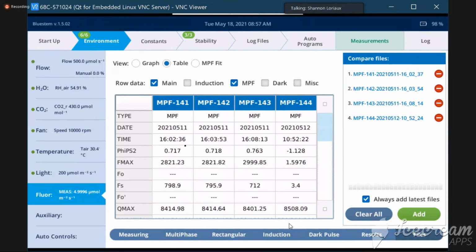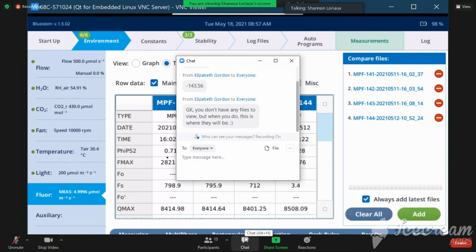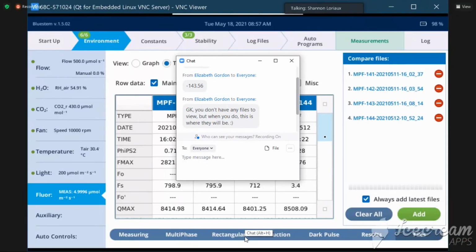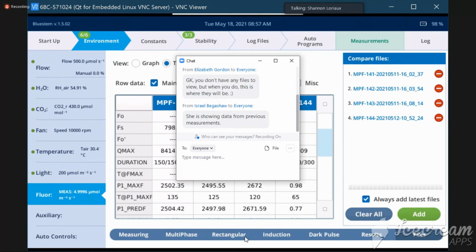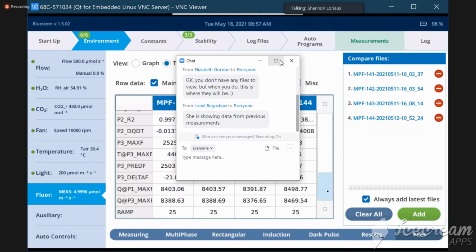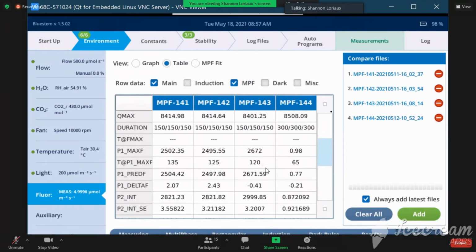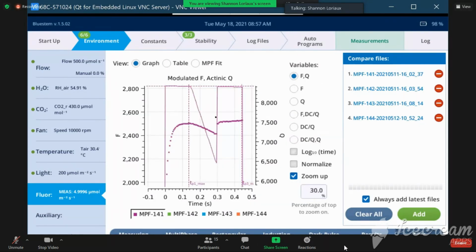So this leaf is operating with very high efficiency. It's using 72% of the light that it's absorbed in photosynthesis. So this leaf is actually a very happy leaf. So again, you can just see a nice snapshot of all of your parameters. And as you go to try to adjust your settings on